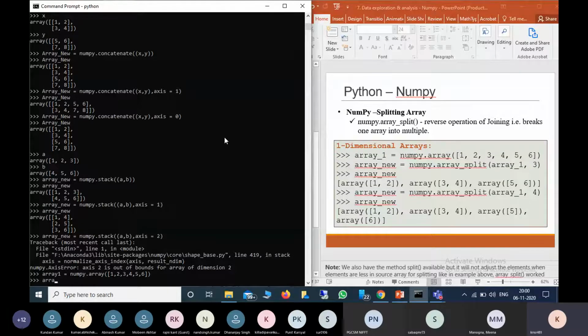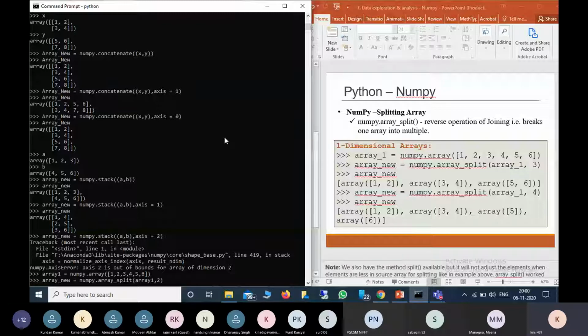So array new equal to numpy dot array split array 1 comma 2.